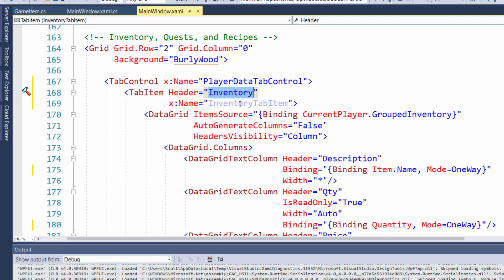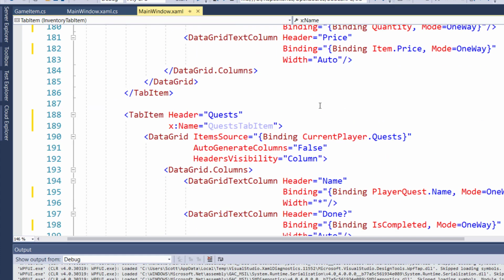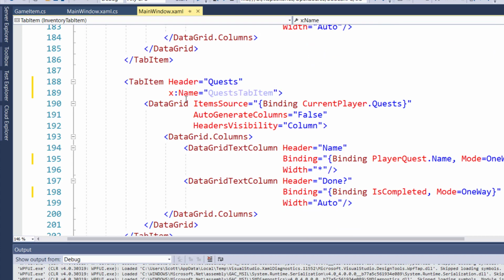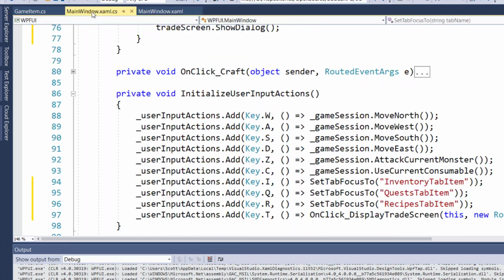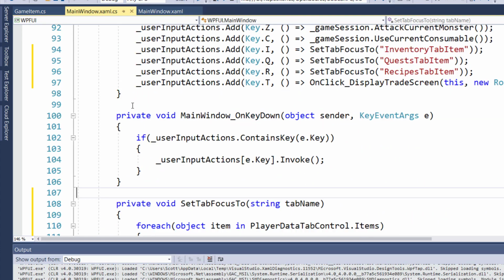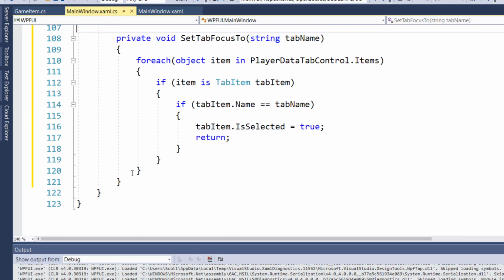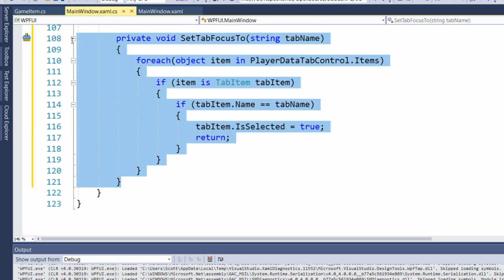For the inventory one, we'll set the name to inventory tab item. For the quests one, we'll set the name to quests tab item. And for the recipes tab item, we'll set the name to recipes tab item. So now when we go into mainwindow.xaml.cs, we can create this new function on lines 108 to 121 called set